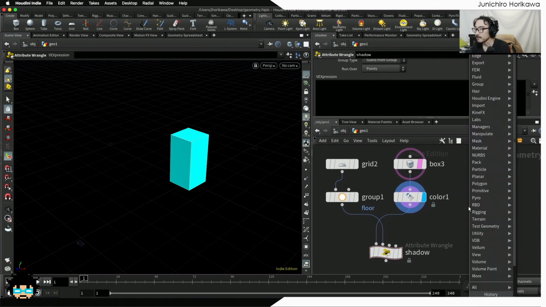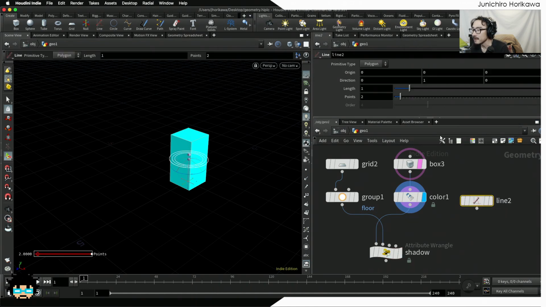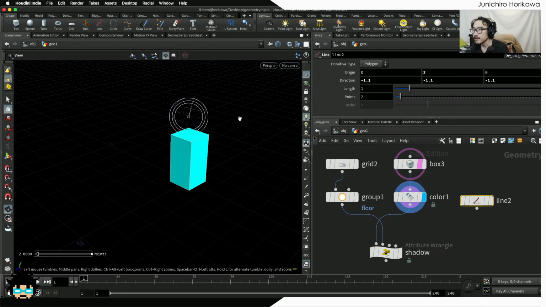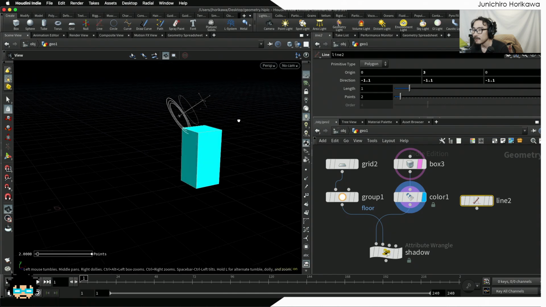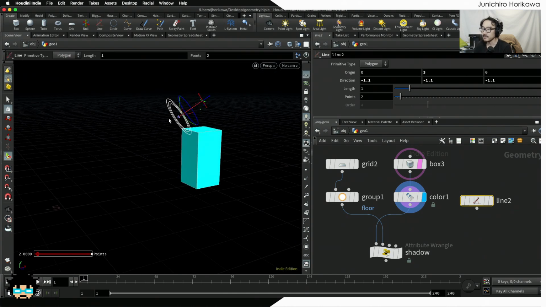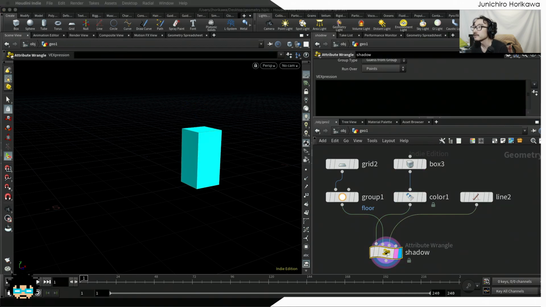So I'm just going to create a line, and the position doesn't really matter. I'm going to bring this up a little bit, like 3, and only the direction of this line matters. So let's set it to some direction like this. Okay, so this is going to be the sun direction here, and I'm going to use this direction to cast a ray from each point on the box, find the intersection with this plane, and create a shadow. Right, so I'm going to bring this line to the third input,